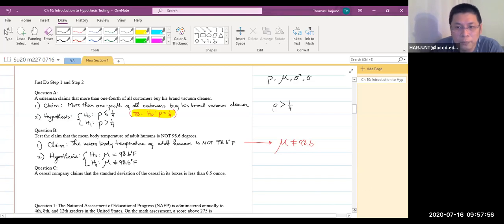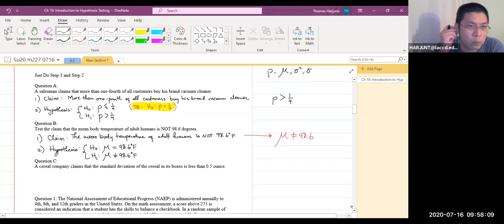I hope you are starting to get used to it. These 6 steps are a lot of things put together, but that's why you need to get used to it. The way I explain it is that in this case, I explain step 1 and step 2, and I give you examples. Later on, after I explain step 3, we do examples again. After we do step 4, we do examples again. The examples will cover steps 1, 2, 3, 4, like that. So the more we learn, the more steps we will do in each question.